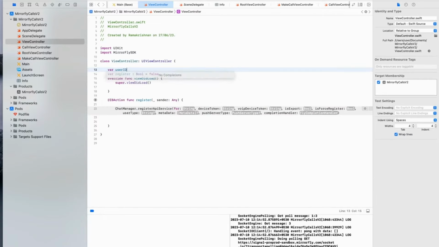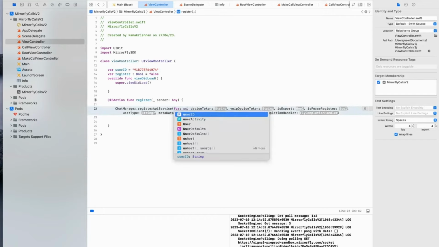User ID is a string or number we use to register or uniquely identify. Special characters in user ID are not allowed. Here I'm using the phone number as the unique identifier. Unless you logged out of a session, make sure that you have called the registration method only once in an